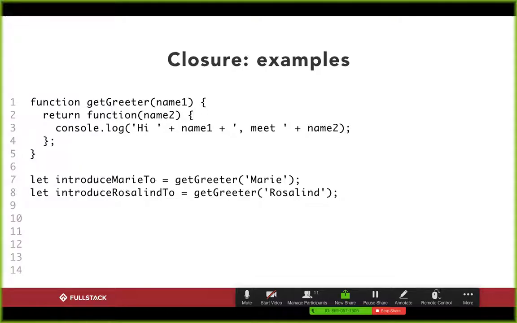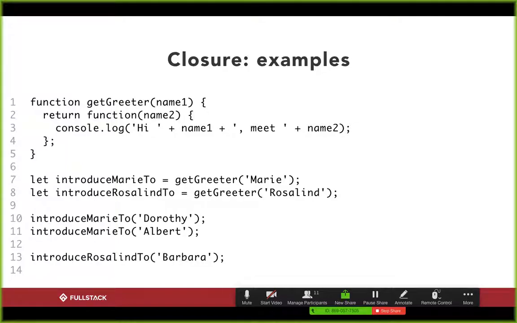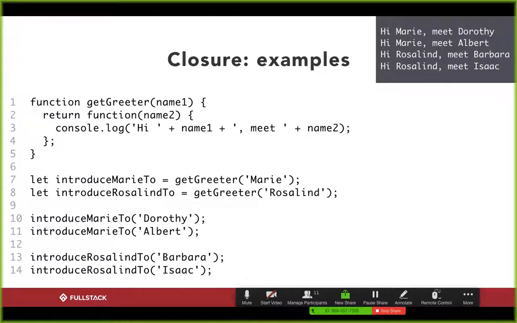Okay, so now if I want to introduce Marie to Dorothy, introduce Marie to Albert, or introduce Rosalind to Barbara, introduce Rosalind to Isaac, this now all kind of works for me out of box. And so the reason why, once again, Clojure is so important is because one, it allows us to give